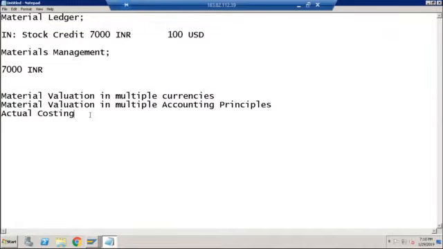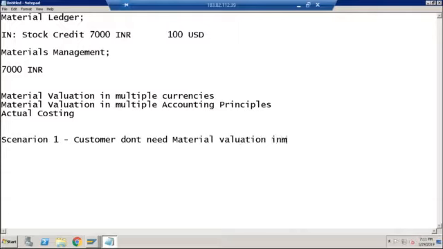Okay, so now let's take two scenarios. Scenario number 1 is customer doesn't need material valuation in multiple currencies or accounting principles.